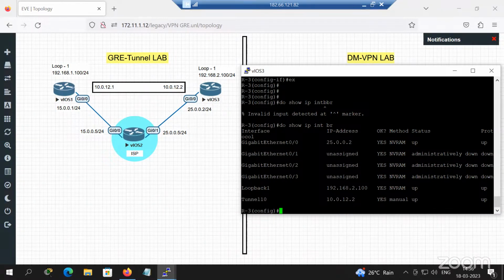Second is the IP address for the tunnel interface you have selected. Then you need to define the tunnel source. Accordingly, you need to define the tunnel destination as well. And for better verification, I can put some EIGRP configurations over the tunnel as well. Like I'm going to say router